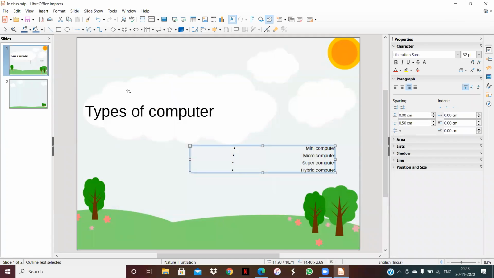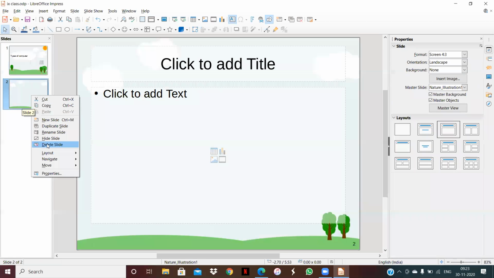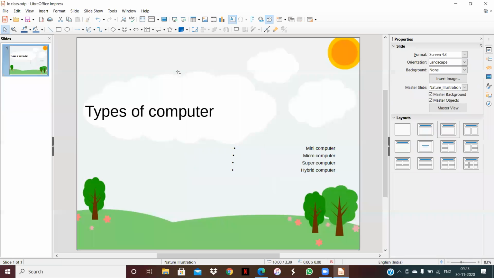This one is our Impress screen. Now start from topic 1, that is inserting a duplicate slide. Suppose I'm going to first delete this slide. Inserting a duplicate slide means, my dear students, suppose this is my one slide and I want to create a duplicate copy of this slide. Then how can we do it? Click on the slide pane, select the slide, then right click here. Then you will see the option duplicate slide. Click on it. Now you can see this is slide 1, this is slide 2. It means you generate a duplicate copy of the slide.